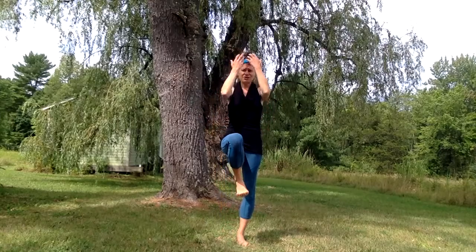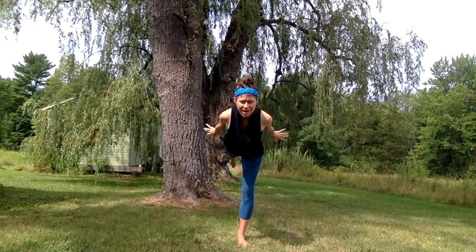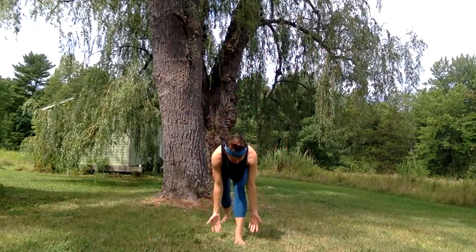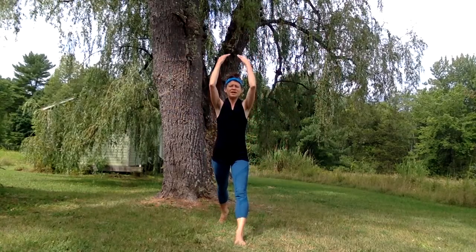Inhale, right knee lifts. Lift up the hands. Stretch open the arms and heart. Exhale, part the air in front of you so you can glide forward with the heart, back with the leg, arms stream back. Bend the front knee, engage your core so the right foot lands super lightly, and then keep the arms going down alongside that front foot, and then come on up, straightening the front leg, lifting the arms